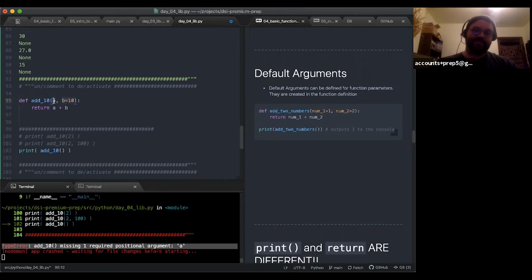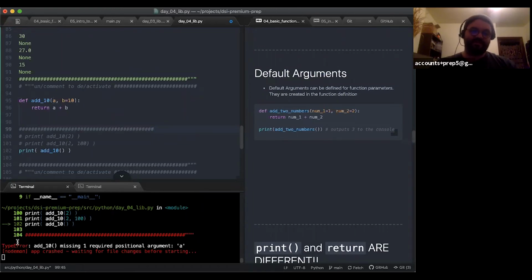But it doesn't have a default associated with A. So if you don't satisfy all the arguments for a function, it's just going to throw this type error: name of the function, missing however many arguments that you didn't pass that are required positional arguments, and then it'll note those for you,